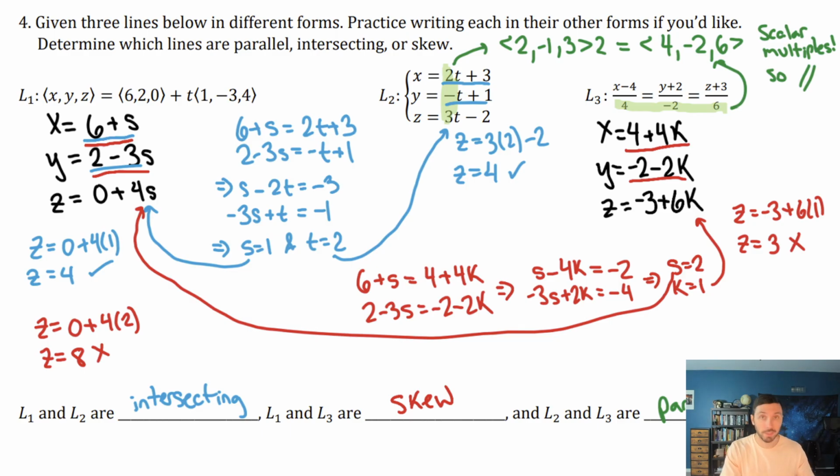Okay, so if they have the same slopes in R2, they can either be parallel or the same lines, right? And they intersect forever. So it's either a never or forever case. You just have to make sure that they have one point in common. If they have one point in common, then they continue on forever. If you look at the initial point for L2,